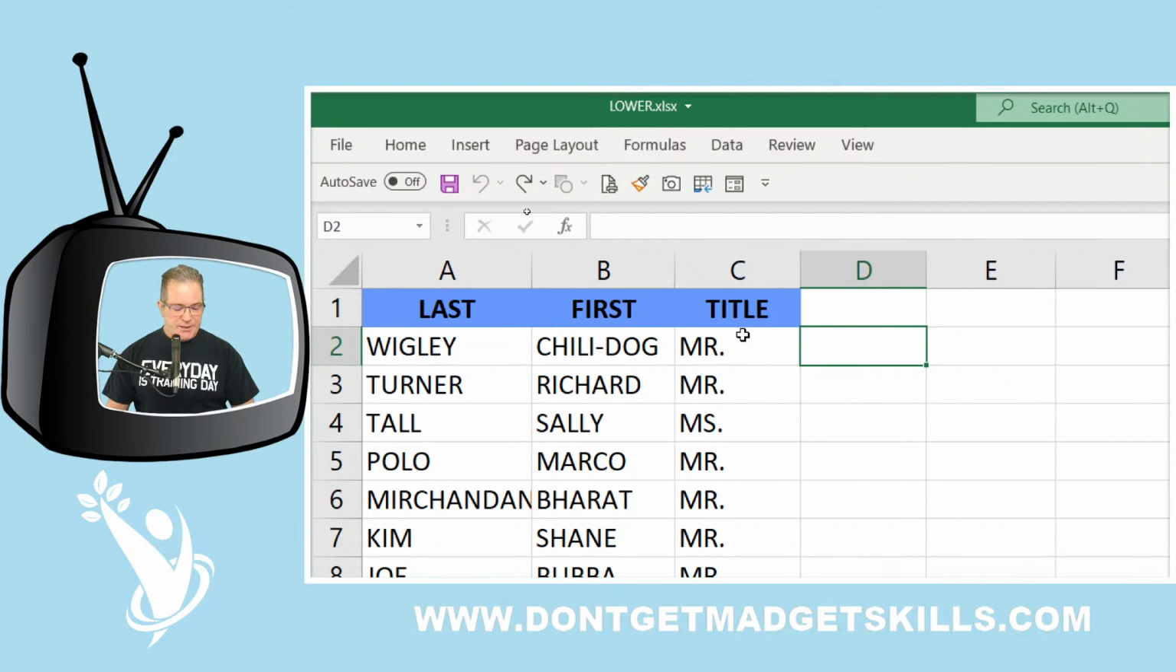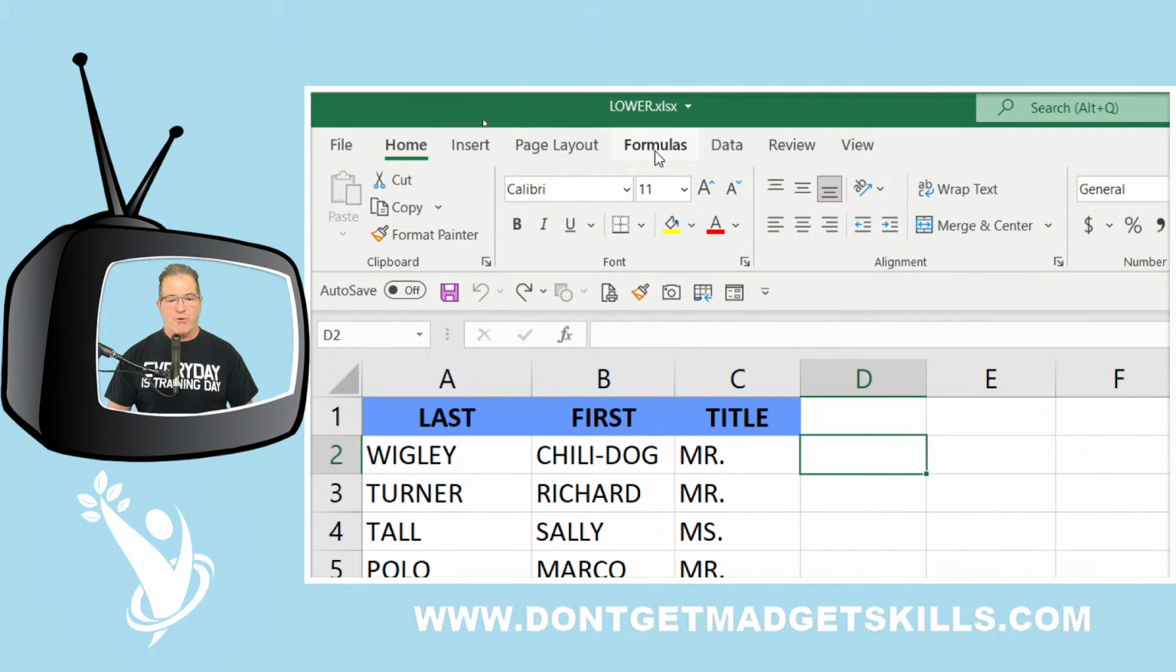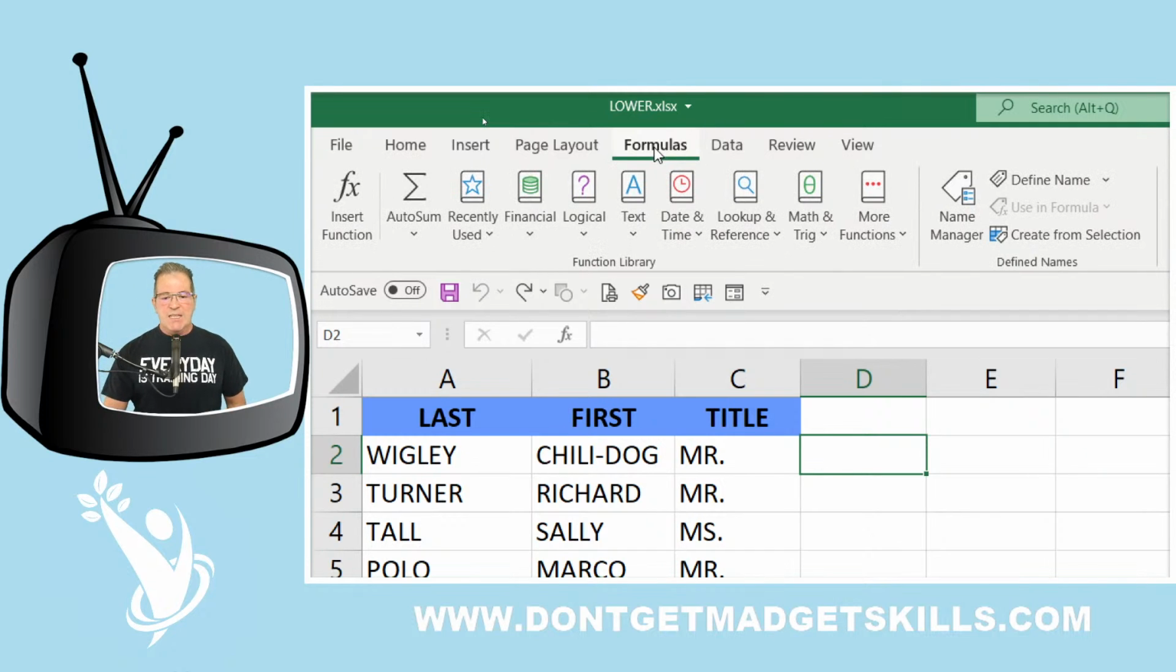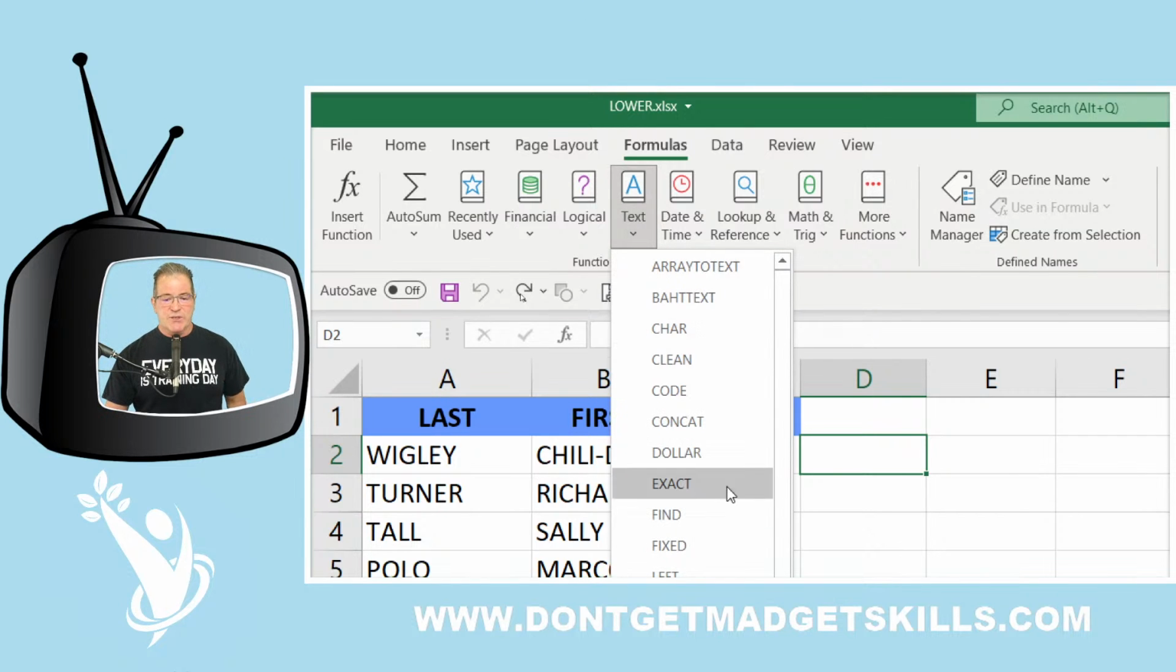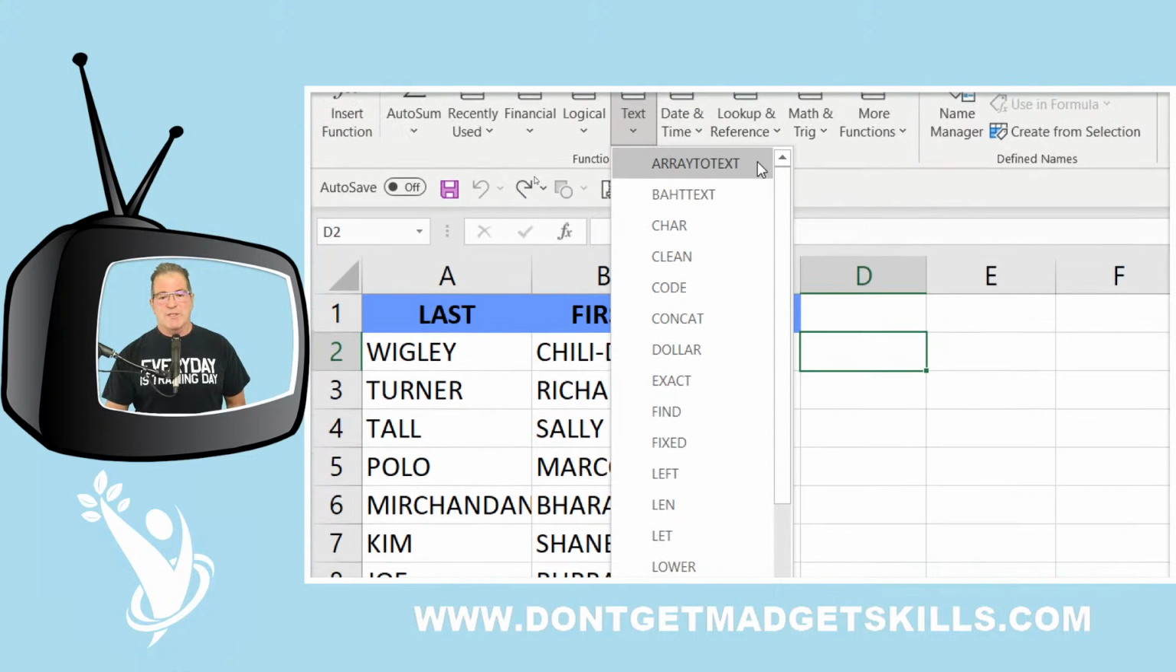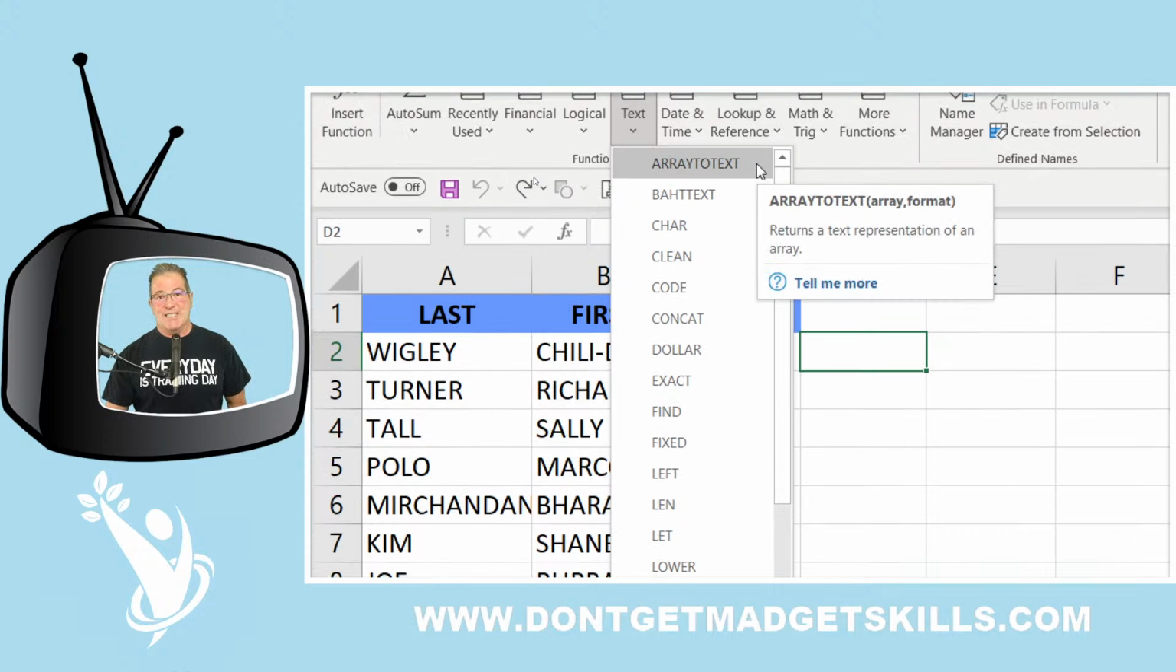What we're going to do here is go right into our Formulas tab, and inside of our Formulas tab, look what we've got right here. We've got text functions, and when you look at those text functions, look at all these. I'm going to talk about this one in a couple of days. That's a new one. You might not even have it